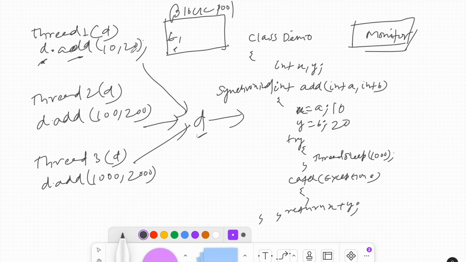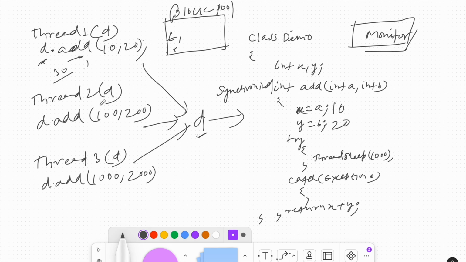So now what will happen? T1 will complete its sleep time in the block pool and come out, and then it will execute its remaining statement. Return x plus y will be executed and the value it will get is 30, and then it will release the cycles of the processor and the monitor of the object as well.